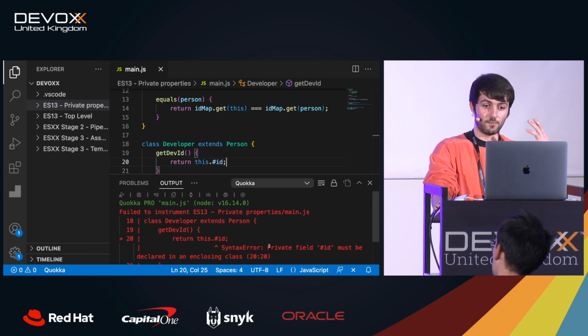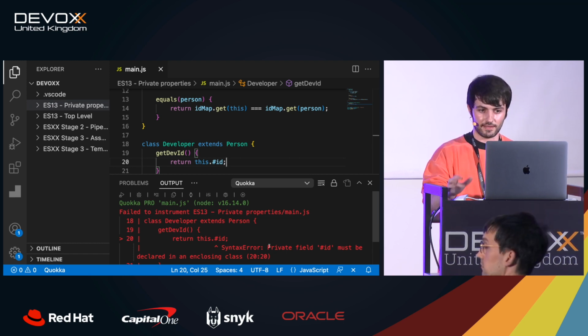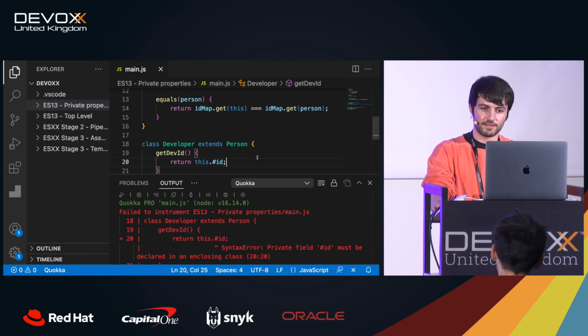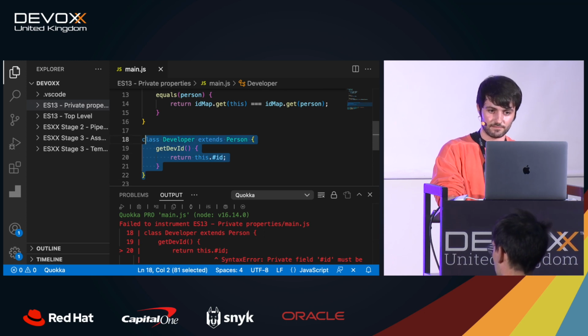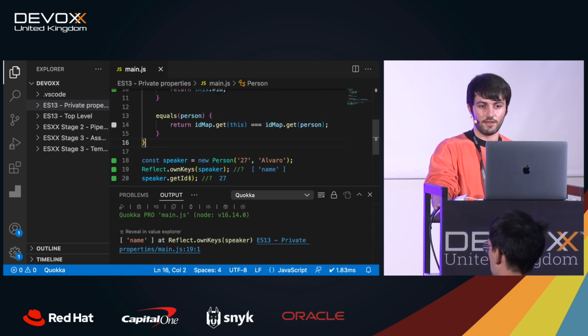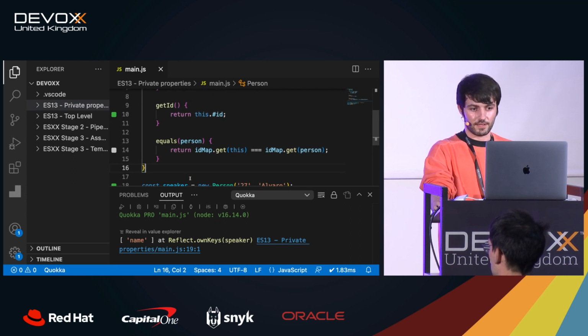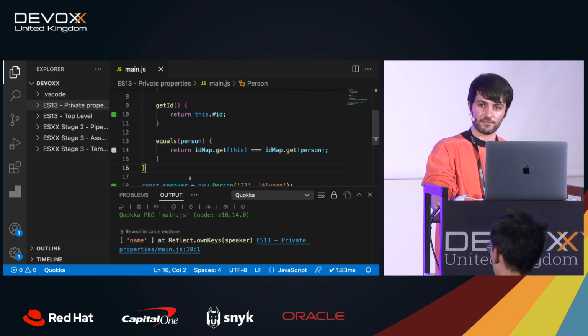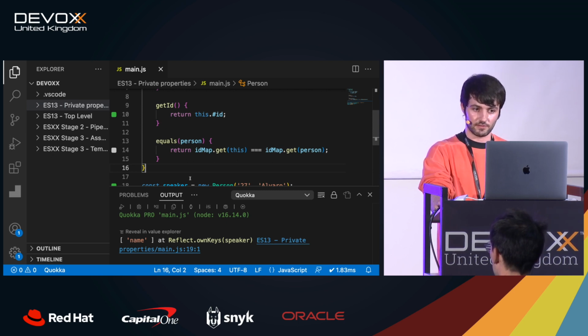It cannot be accessed from any class other than the class that defines the property, right? So this unfortunately is not valid. You would have to have some sort of getter. But what you can do is access private properties of the same instance of the same class, right?